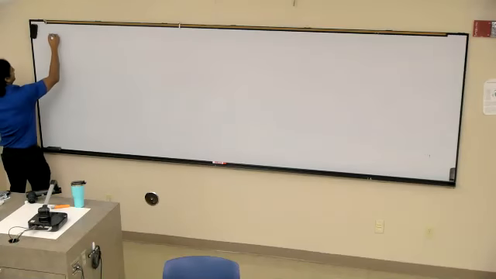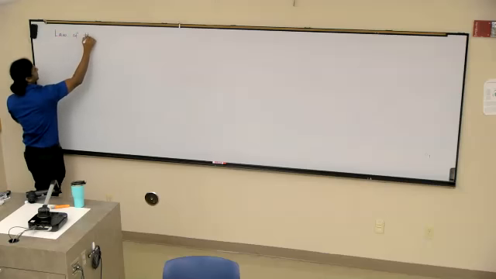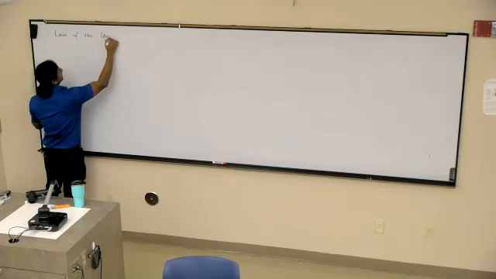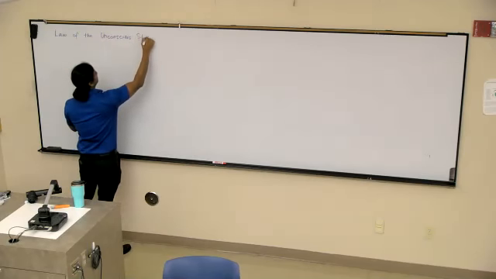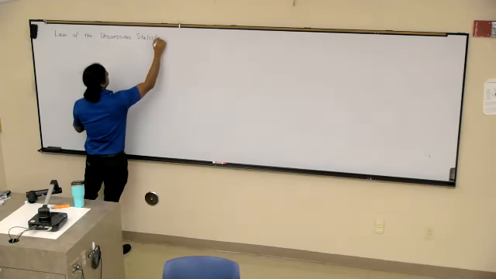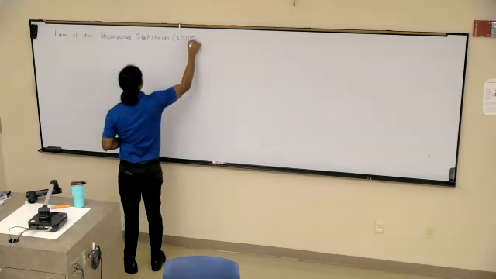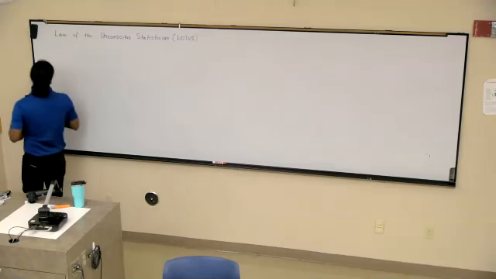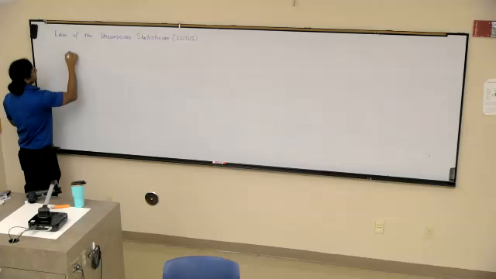So there is something called the law of the unconscious statistician. What does it say? If X is a random variable,